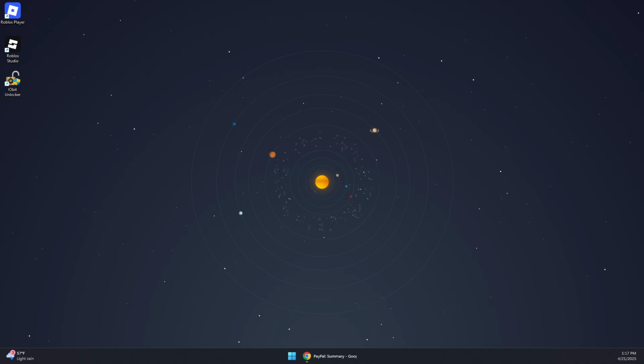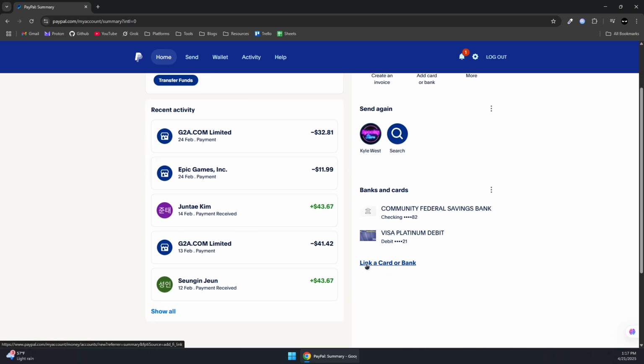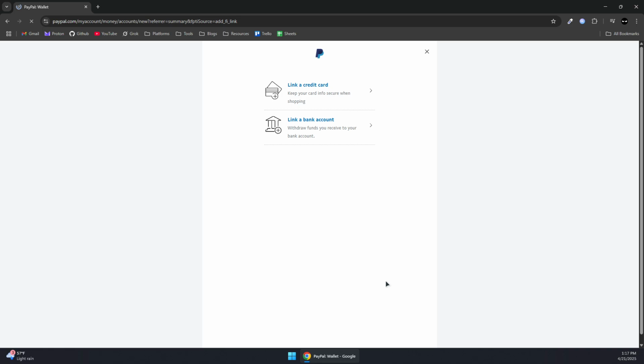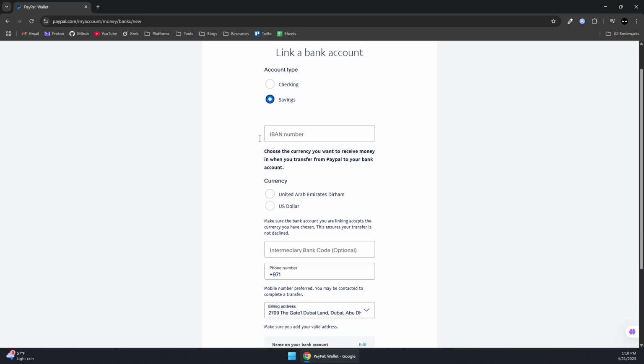So here is how to link a bank account to PayPal. First you'll need to open your PayPal and log in, and then scroll down in here and click on link a card or a bank, and then simply select link a bank account, and then select the account type, if it's checking or saving, and